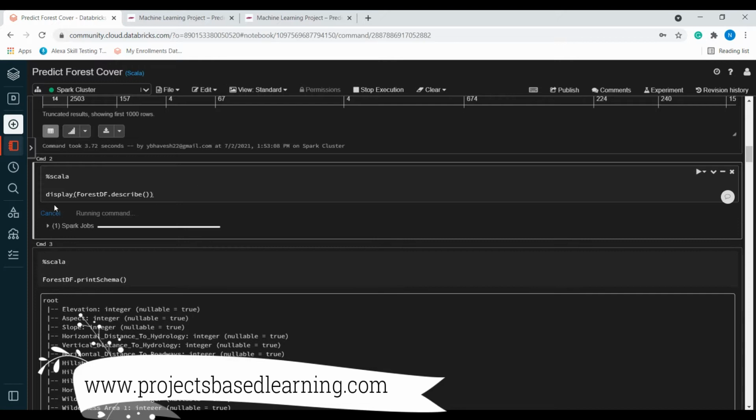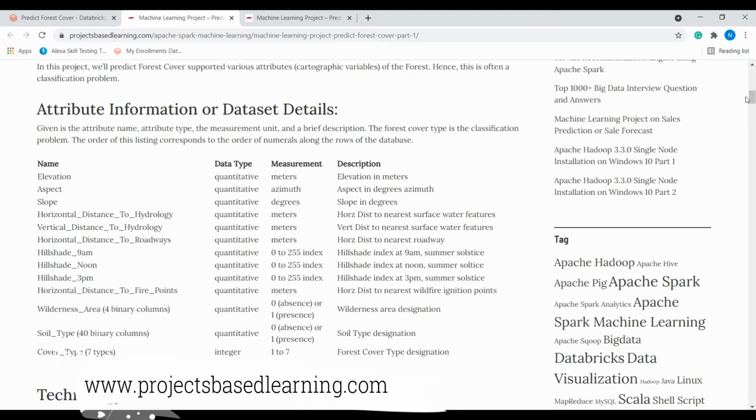So we use display forest df.describe. Describe is a function that will print the count, mean, standard deviation, minimum and maximum values for each and every column. So this will give the complete statistics of the data frame.